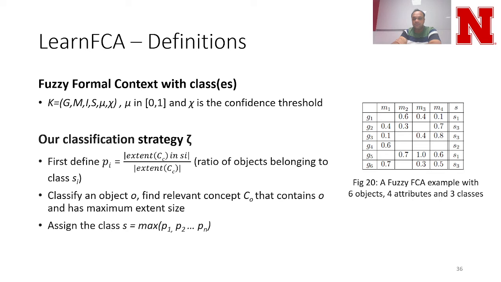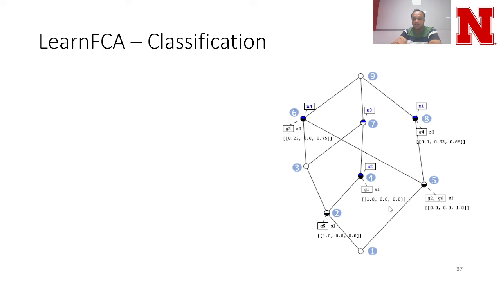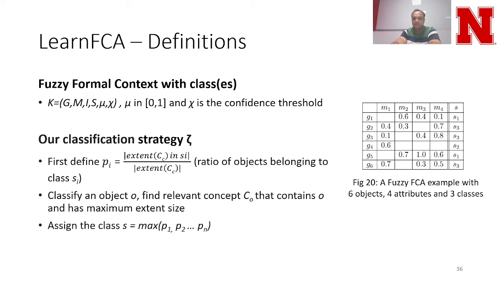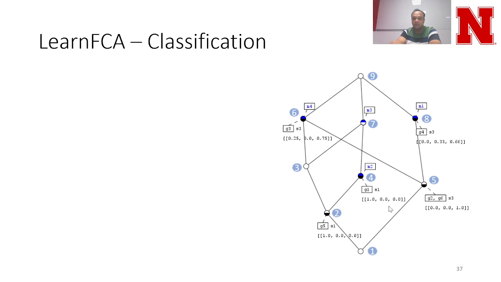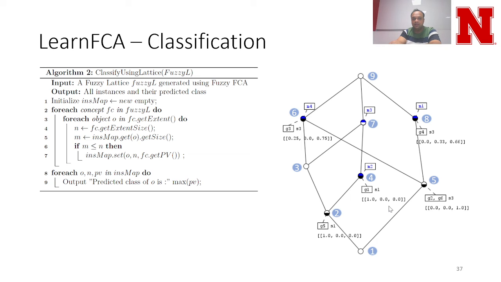So here is an example where we have a fuzzy FCA, 6 objects and 4 attributes, and we have 3 classes here, and we can see the fuzzy relationship or the fractional values of the objects and attributes. So let's now see that in the example. If we actually draw the lattice, or the fuzzy lattice, for this particular context, we will end up having these nine different concepts, and what we can do is